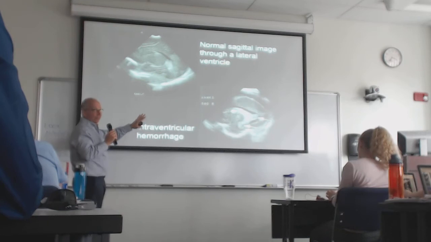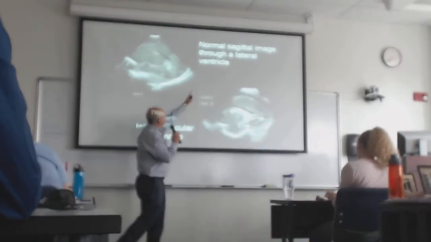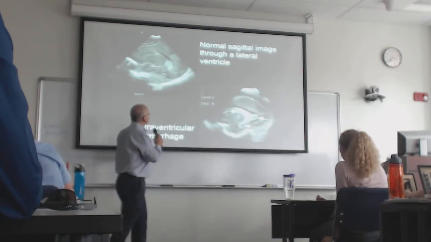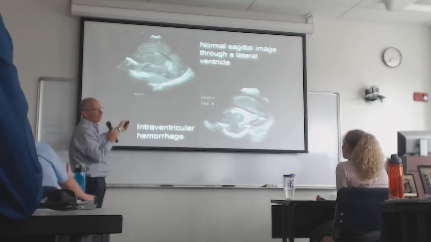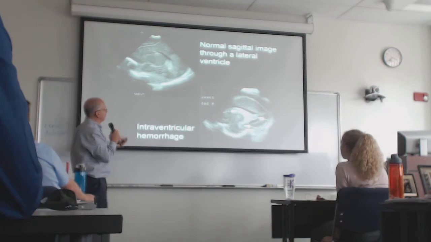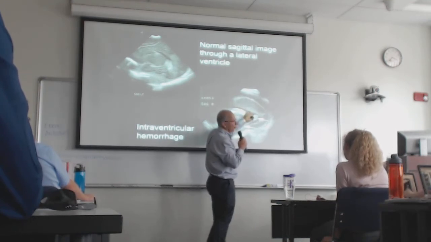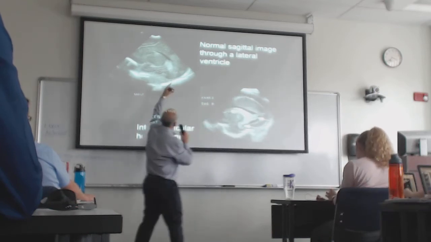These are two sagittal images. The baby's face is over here, back of the head is over here. So this is a sagittal view through a normal ventricle. The ventricle has normal CSF in it. As I said, just like in the breast cyst, where that cyst was black, here the fluid in the ventricle is black. And take my word for it, this is normal. But notice how this is much different. There's this thick white stuff here. This is actually acute hemorrhage in the ventricle. And the ventricle is dilated compared to there, where it's kind of slit-like.